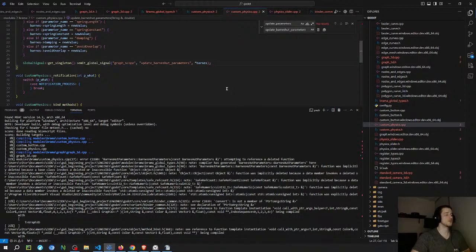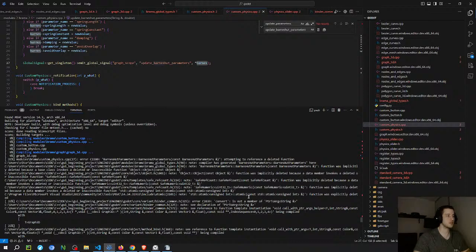It's complaining about the constructor, I think. So I think it's complaining about the constructor because when I pass like this, it might be because on the class